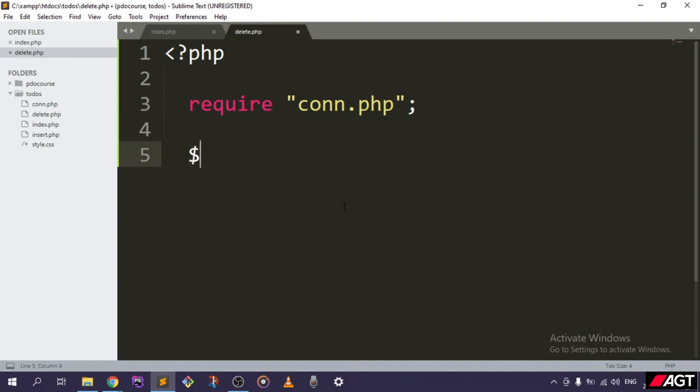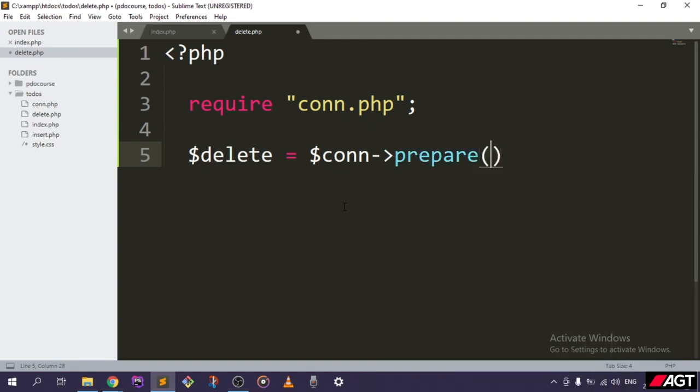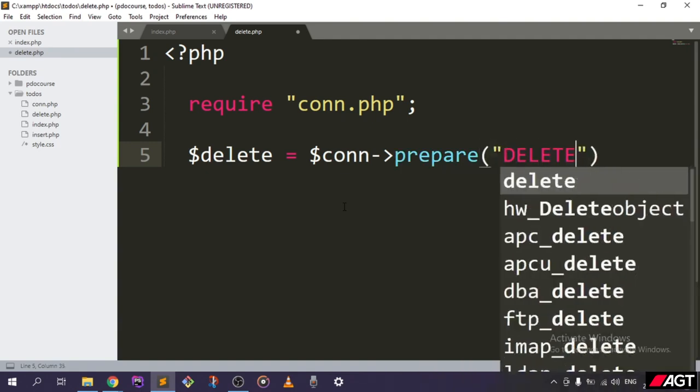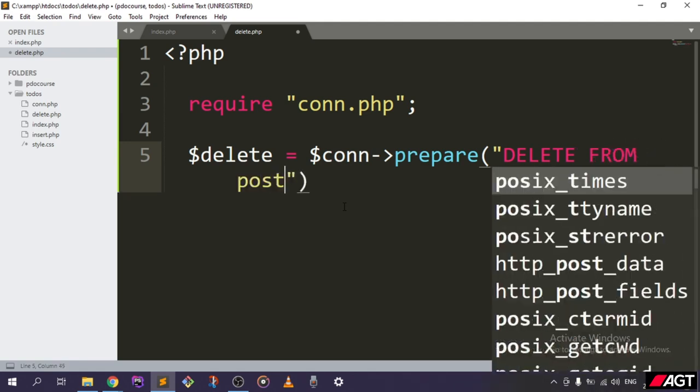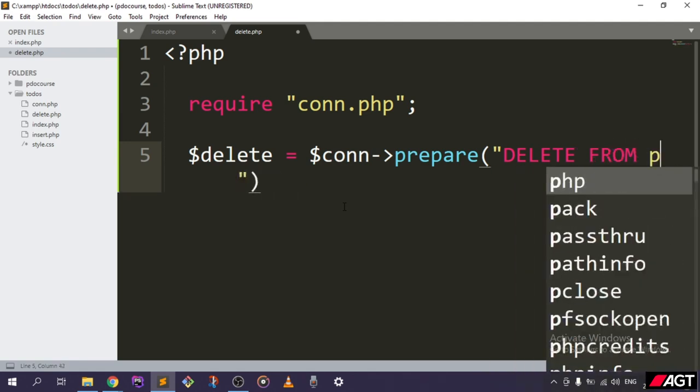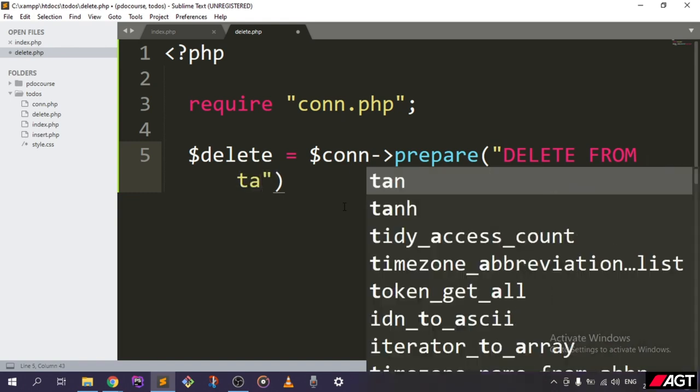Let's say I'm going to call this delete equals the connection, and I need my prepare, and I need delete from posts. Well, yeah, it was not posts, it was tasks, I guess,